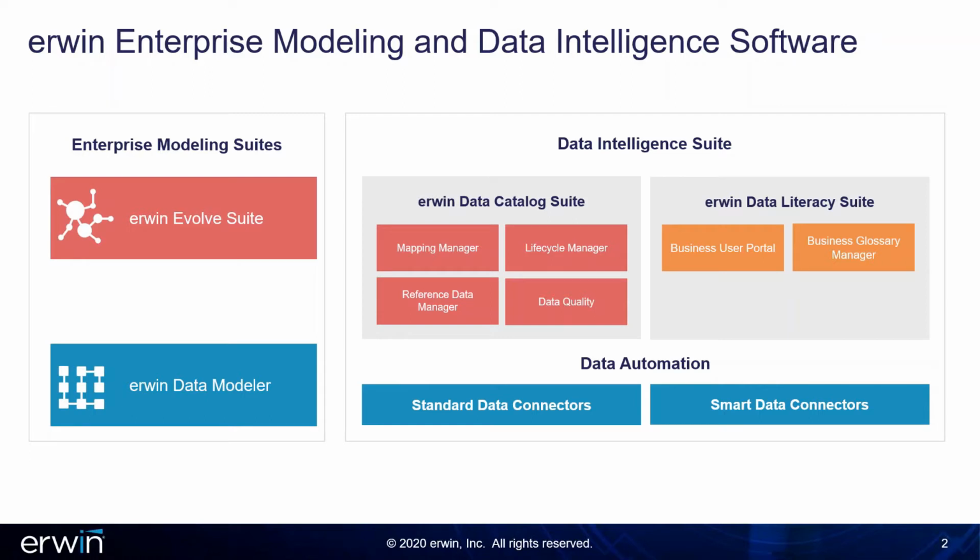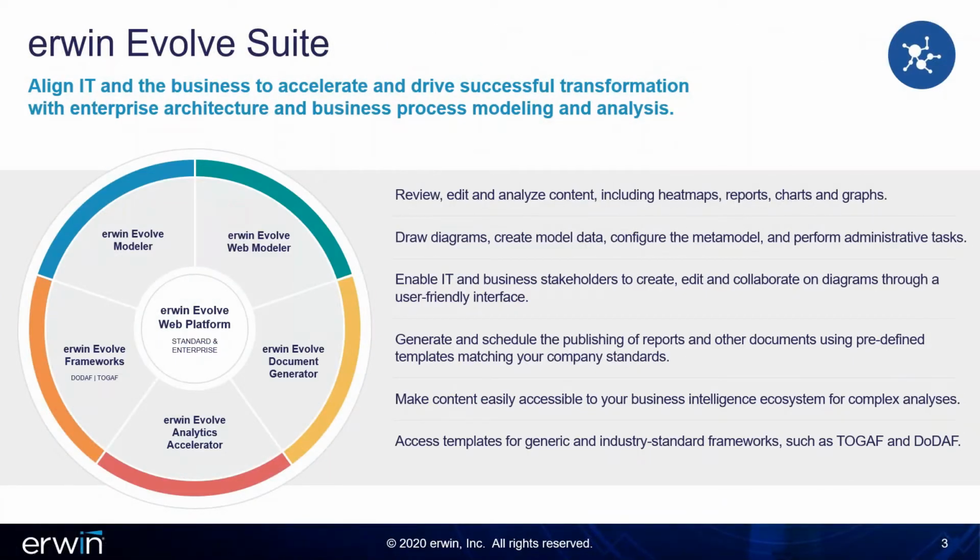In today's session, we're going to focus on the enterprise modeling suites, namely the Erwin Evolve Suite. The Erwin Evolve Suite is a full-featured, configurable set of enterprise architecture and business process modeling and analysis tools. You can map IT capabilities to the business functions they support and determine how people, processes, data, technologies, and applications interact to ensure alignment in achieving enterprise objectives, including digital transformation, cloud migration, portfolio and infrastructure rationalization, regulatory compliance, and